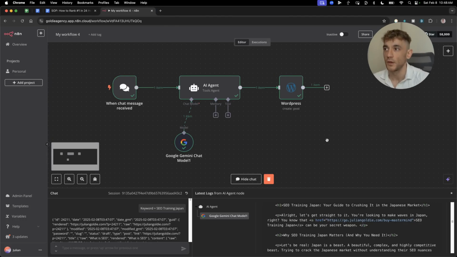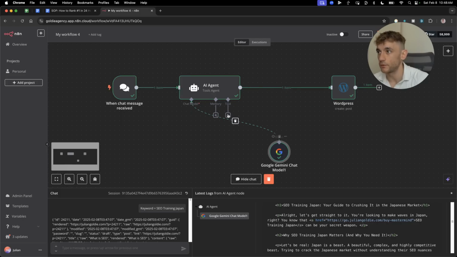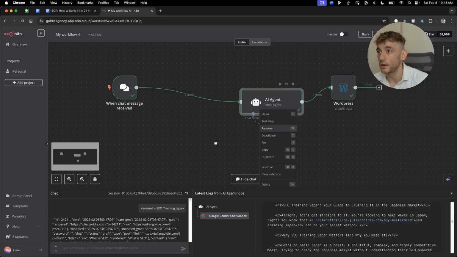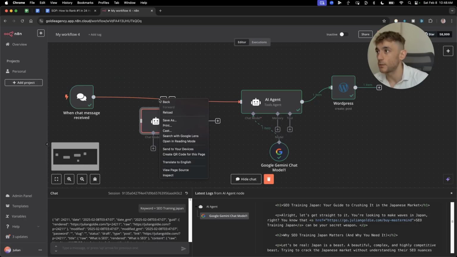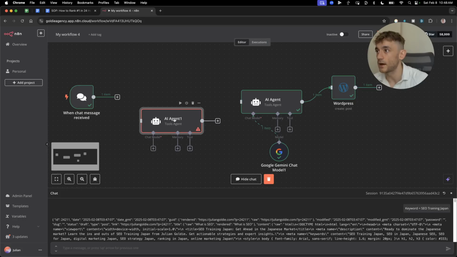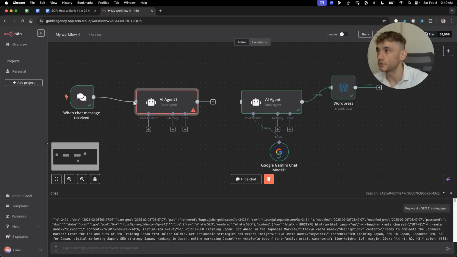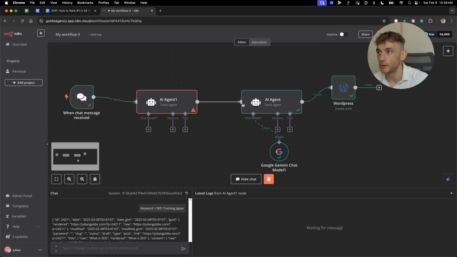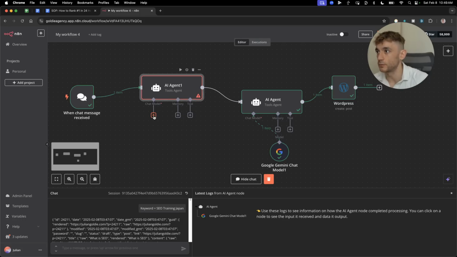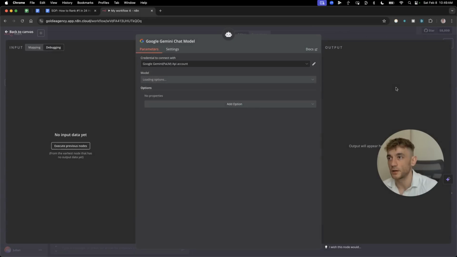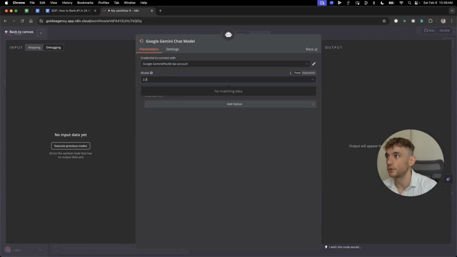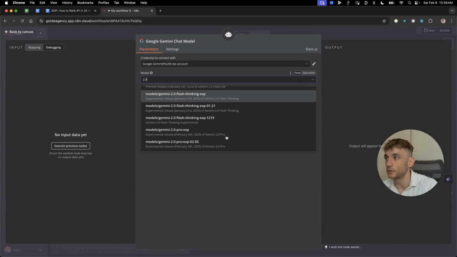Absolutely amazing. So what we can also do here is move this over here, move that over there. And what we're going to do from here is duplicate that AI agent, and I'm going to unlink this. So let's delete the link between the AI agent and that. And we're going to connect that to another AI agent, right? And so we're going to have Google Gemini over here as well. Inside the Google Gemini chat model, we're going to select 2.0 and the February the 5th model, so the latest